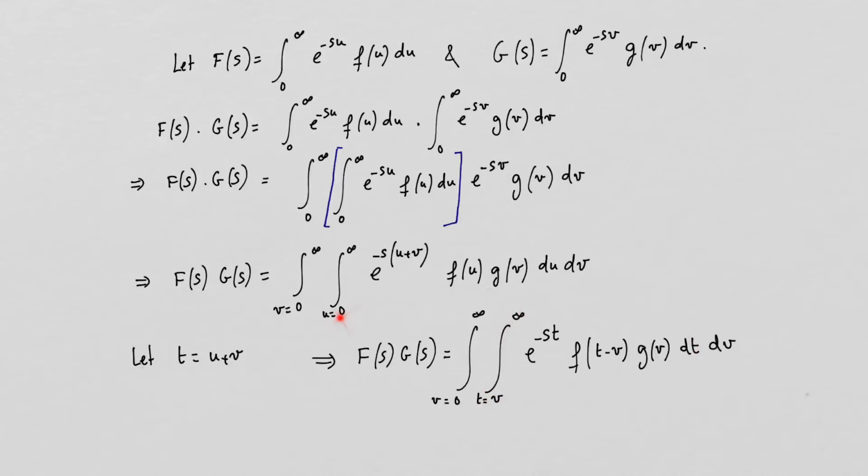Instead of from u equals 0, you're going to have t equals v. Okay, so this is correct. Now, what I'm going to do next, I'm going to change the order here, which means I hope you could just draw a little,